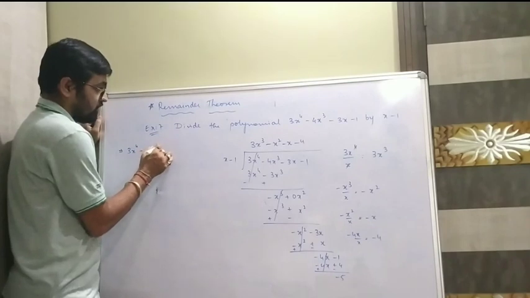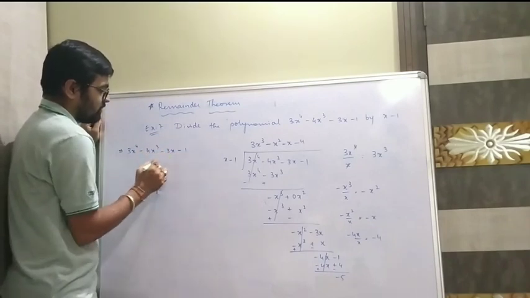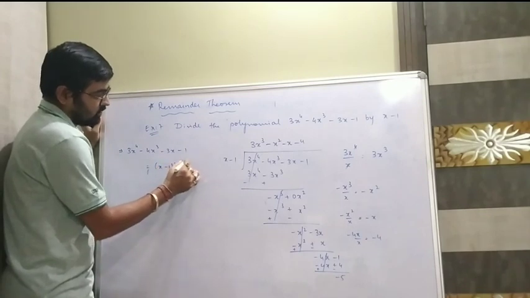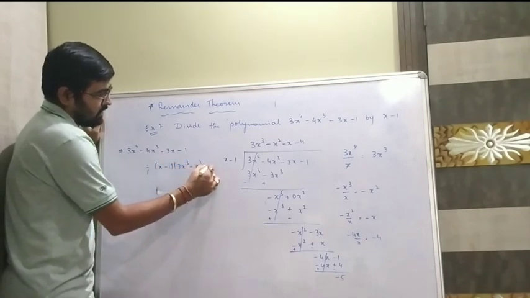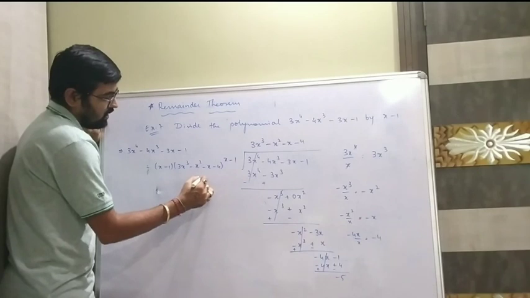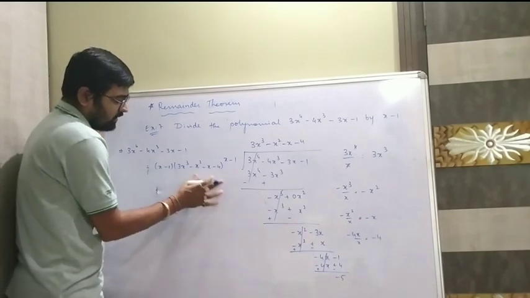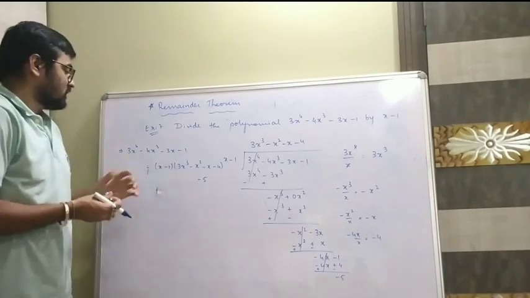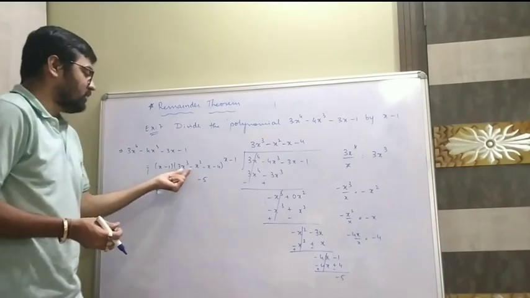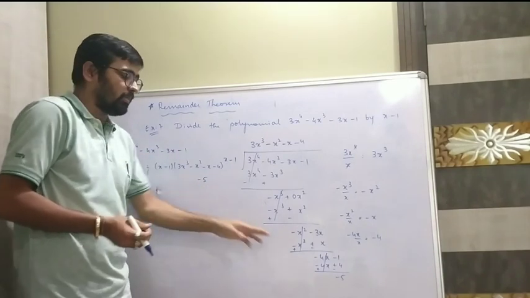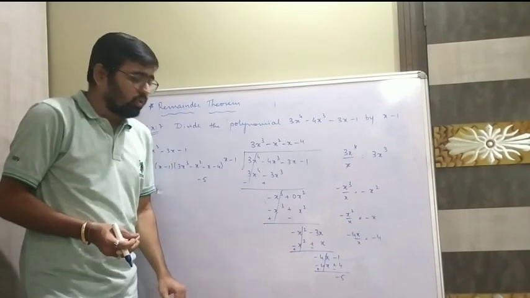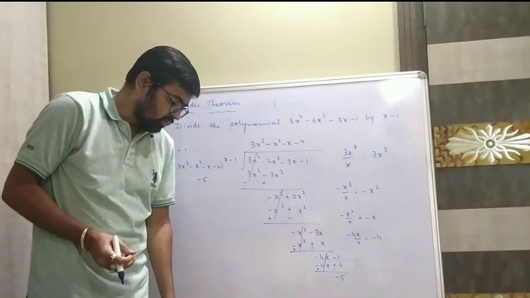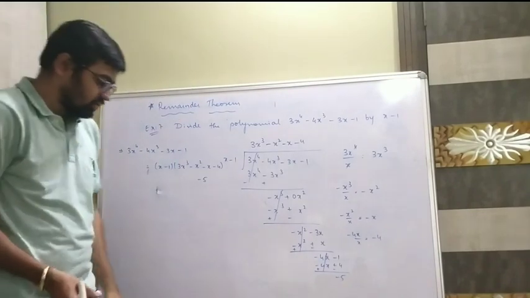So minus 4x cube minus 3x minus 1 is equal to (x minus 1) into (3x cube minus x square minus 4) plus, actually, because of the negative value I am going to write minus 5. So dividend is equal to divisor into quotient plus remainder, but the remainder itself is negative. Do we get a negative remainder? Is it possible to get a negative remainder? Yes, there is no issue.